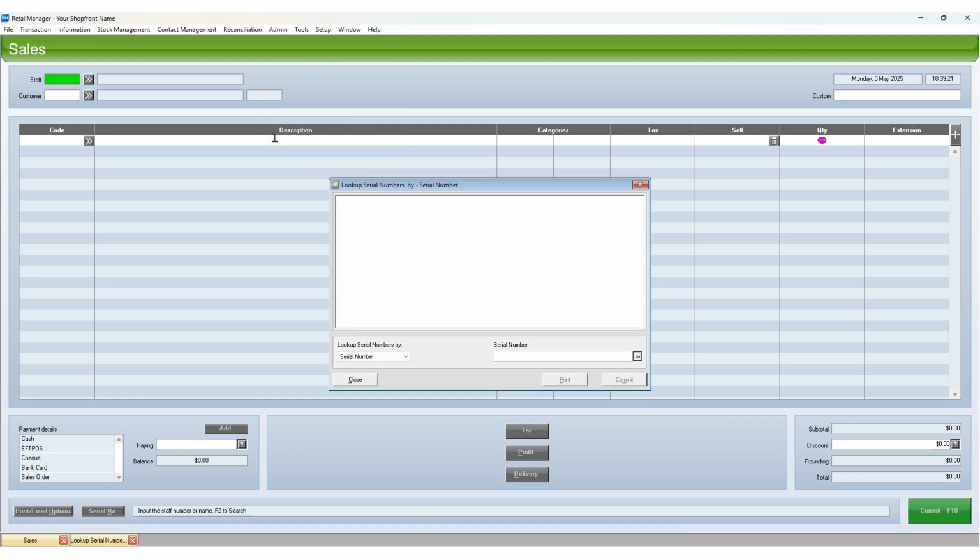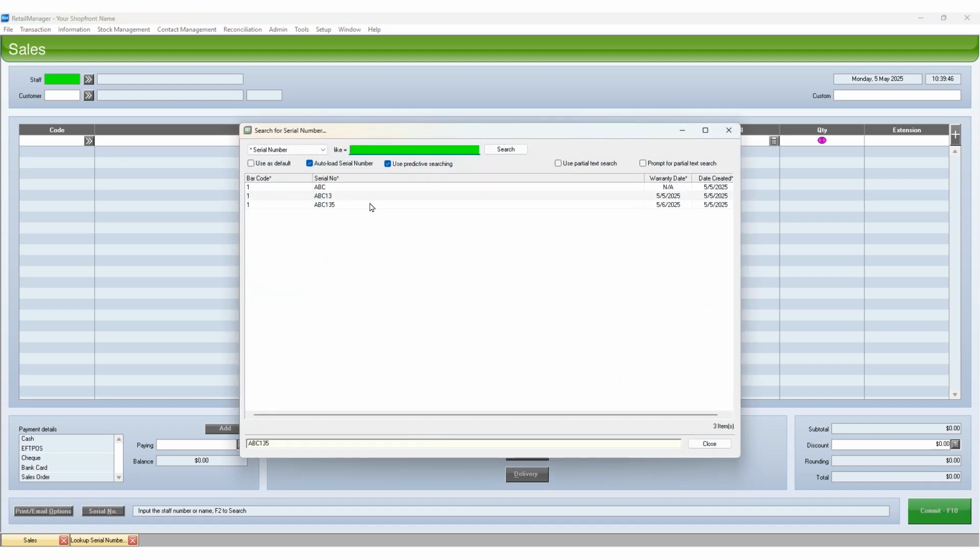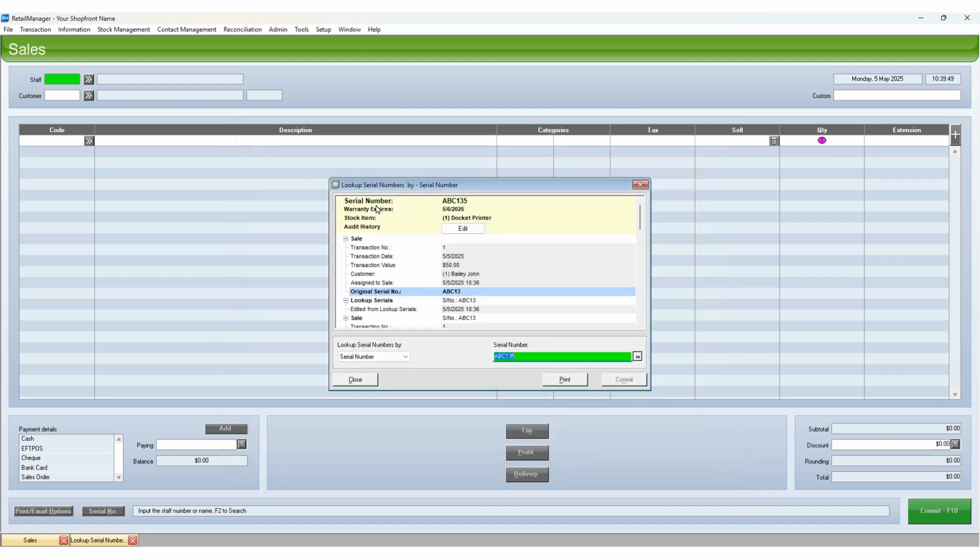This opens a window where you can track and manage serial numbers linked to your stock. You can search for serial numbers using several criteria: by serial number, barcode, supplier, or customer number. Once selected, type in the number or click the search button to search from a list. The upper section displays the audit trail, a detailed list of every transaction involving the selected serial number or related